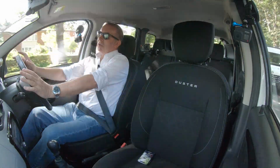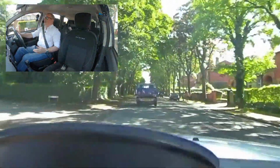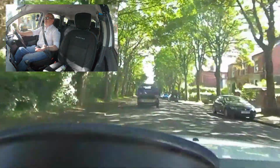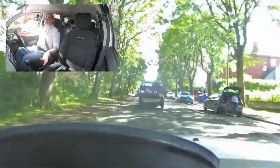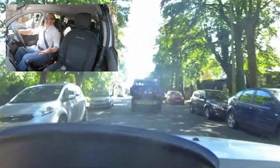So in theory, rather than us keep buying Range Rovers, which we sell very quickly, to be fair, probably quicker than most people, because we're now known for Range Rovers. But this Dacia